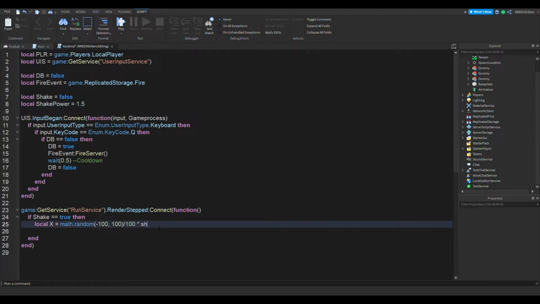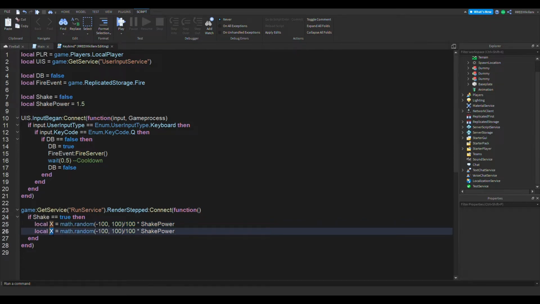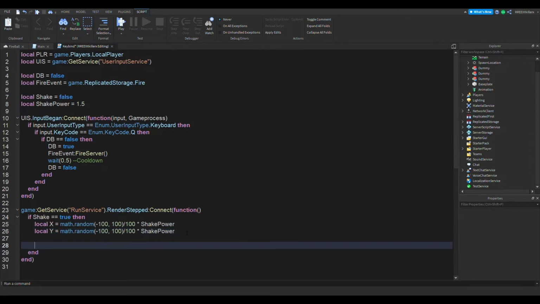Then it's going to be times, or plus, shake power, but let's make it times. Shake power is 1.5. Now we'll copy this same line again right here, and replace the x with y, and then we go down, press enter, and the next thing we want to do is